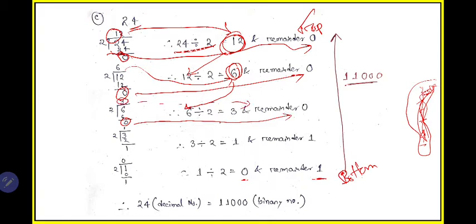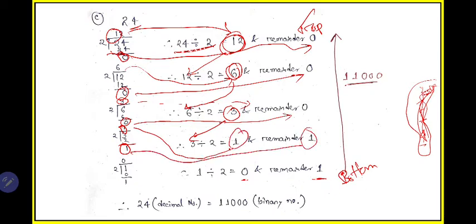Okay, now divide this 3 again by 2. If you divide 3 by 2, 2 1s are 2, 3 minus 2 is 1. Here your answer is 1 and the remainder is also 1. Now divide this 1 again, because in this place you need a 0. So divide this again by 2. You cannot divide 1 by 2, so the result will be 0, 2 0s are 0, 1 minus 0 equals 1. So the answer here is 0 and the remainder is 1.